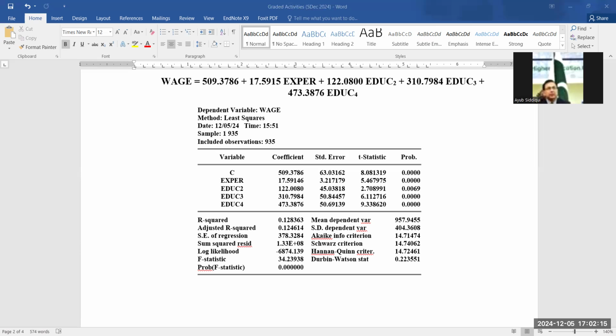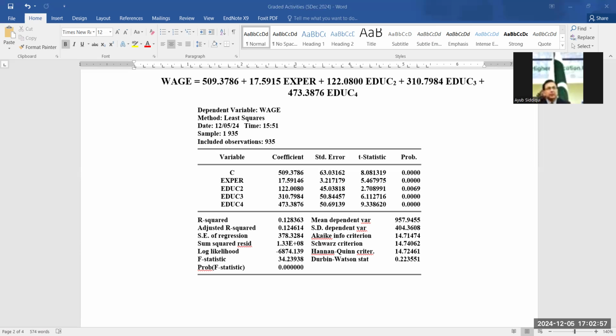If we look at the R square for model fitness, R square is 0.1284, but we will be considering adjusted R square because the right-hand side of the equation includes more than one variable. So the degree of freedom matters here a lot. Looking at the adjusted R square value, which is 0.1246, it indicates that 12.46 percent of the variation in wages is explained by the variables included in the model, and the remaining